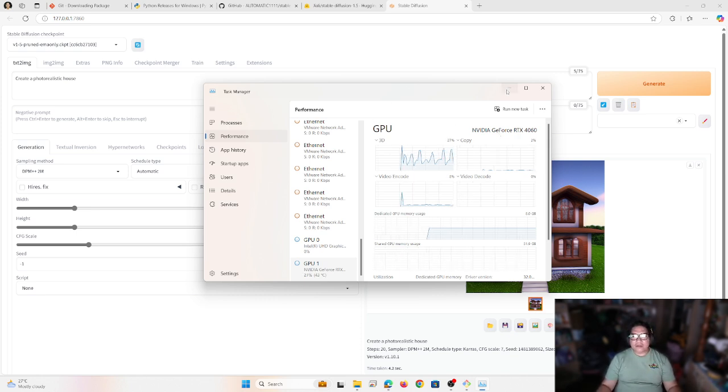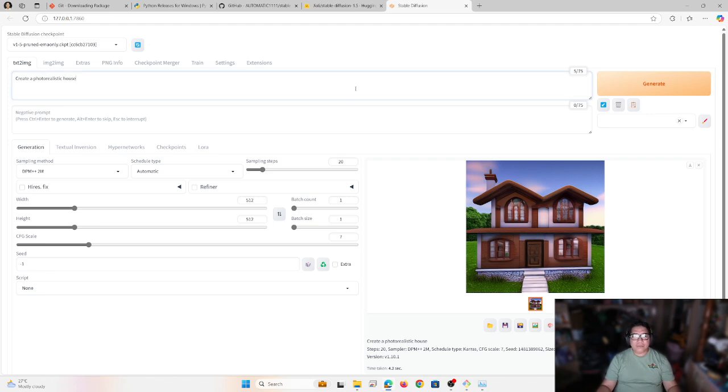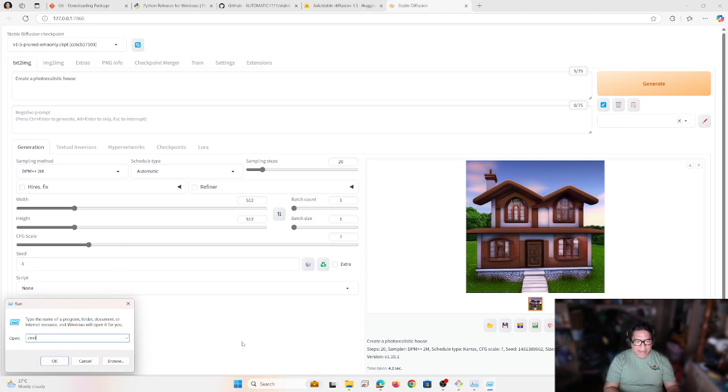So right now, I already installed Stable Diffusion. This is actually running on your local machine, right? As you can see, it's 127. So what if I want to try to use it externally, remotely, on my other computer, using an IP address? Let's try to get my IP address first.